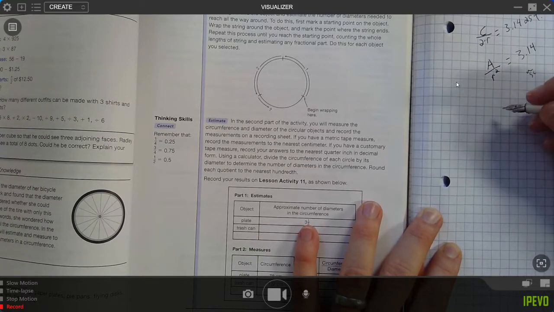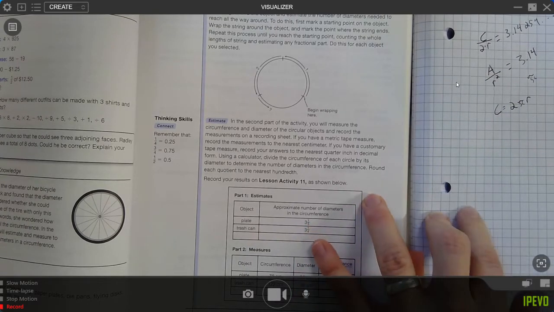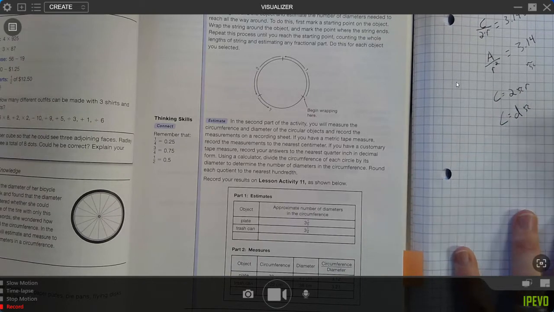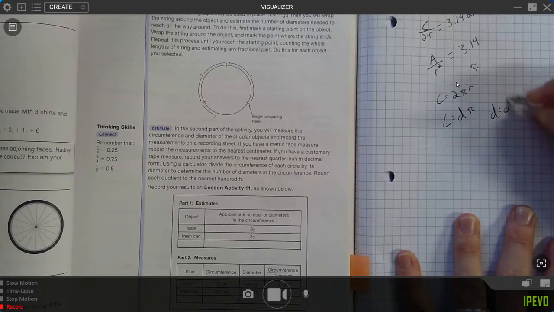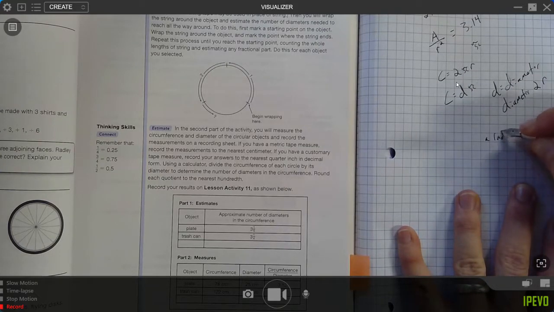Okay, so the circumference equals 2 times pi times the radius. Okay, or the circumference equals the diameter times pi. Because remember, d equals the diameter, and the diameter is 2 radiuses. A radius is a line segment